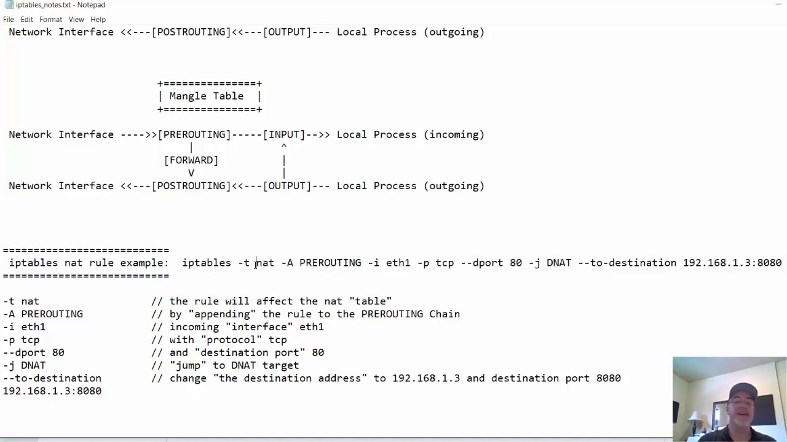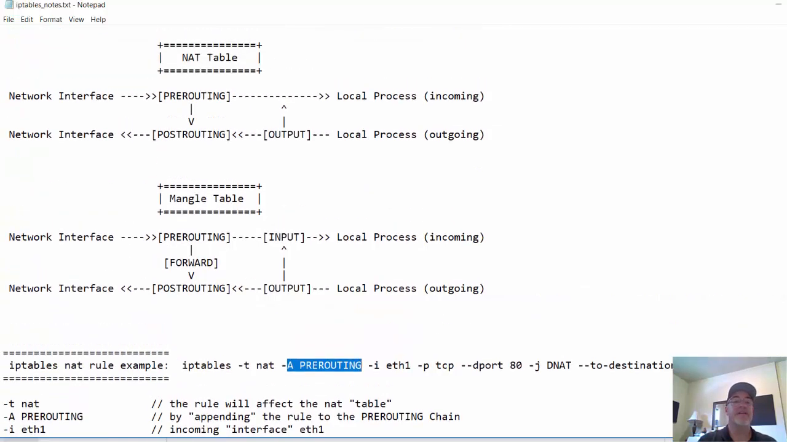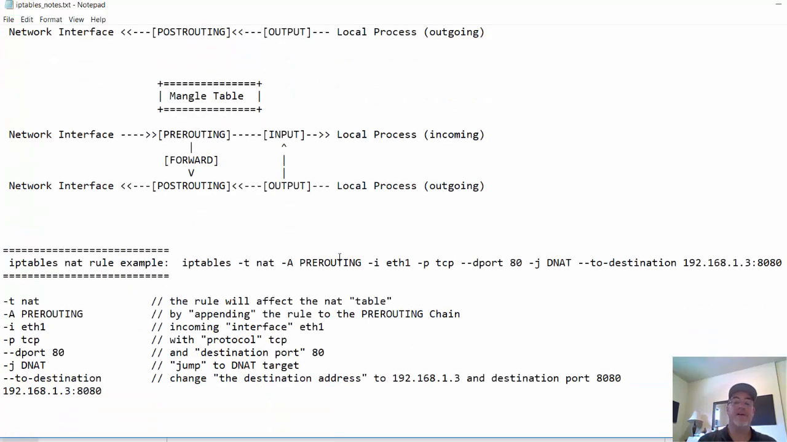So this firewall rule is basically doing this. It's saying it's going to use the NAT table. It's going to append to the pre-routing chain. So traffic coming in the network interface hits the pre-routing chain, and then obviously it's going to be going through. So at pre-routing, what are we going to do? On the interface Ethernet 1, let's say, right, if the traffic is coming in this interface, if the protocol is TCP